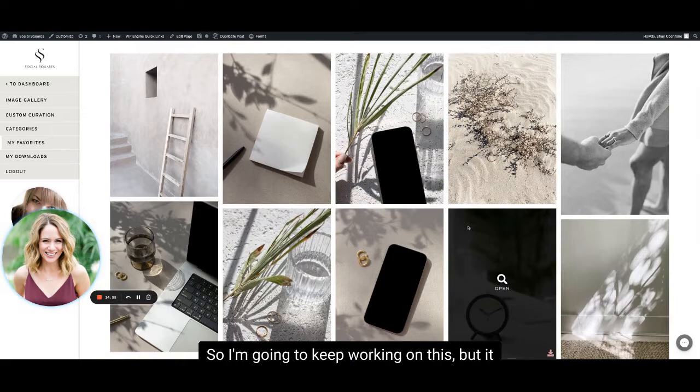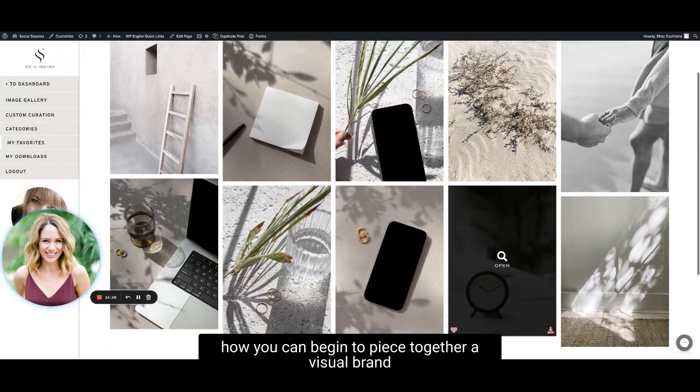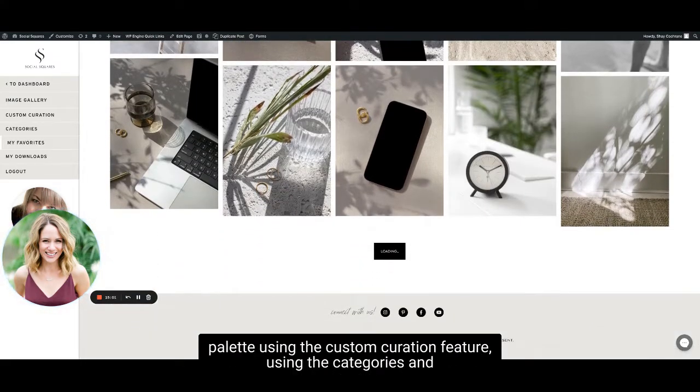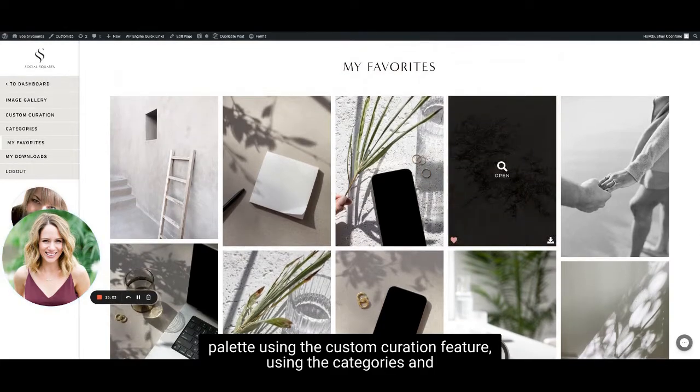So I'm going to keep working on this, but it just gives you a little bit of an idea of how you can begin to piece together a visual brand palette using the custom curation feature, using the categories, and also